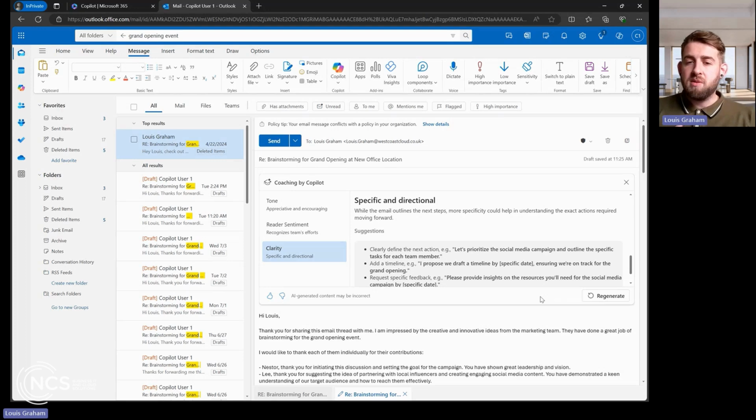It is up to me whether I think that this is relevant. So I could say, actually, they've just asked me for my ideas. They've not asked me to give them an action plan. That is then down to them to do the action plan. I've just come up with the end result that we want to do. Now, we would then amend the email. We'd add those bits in if we wanted to add them in, remove bits that we didn't want in there. Hit regenerate, and then it would generate us a new